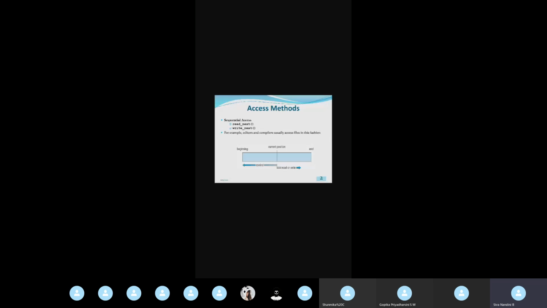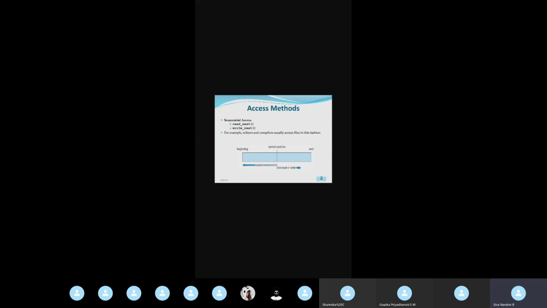Okay, for accessing that data we are having two functions, that is for accessing data sequentially. That function is read next, write next. So it is nothing but a function. Within this read next, we can give some argument. If our current position is 53, we can give read next of 53, then 54 will be accessed. Like that the consecutive positions stored in the disk storage can be accessed sequentially.